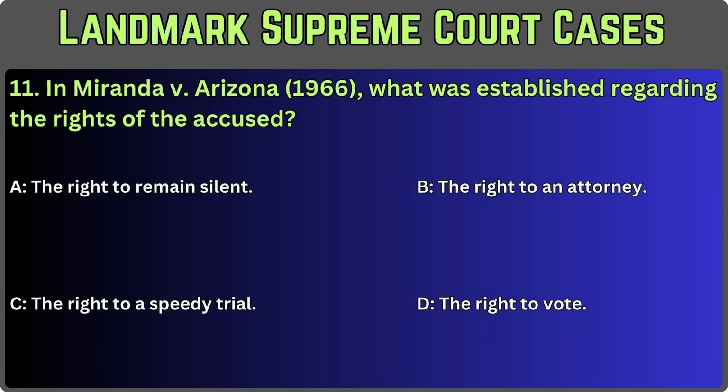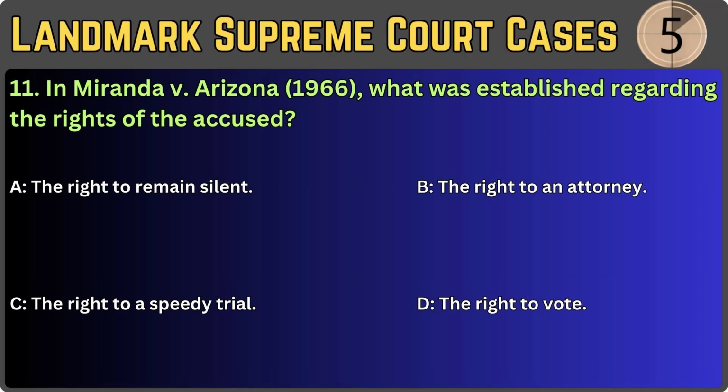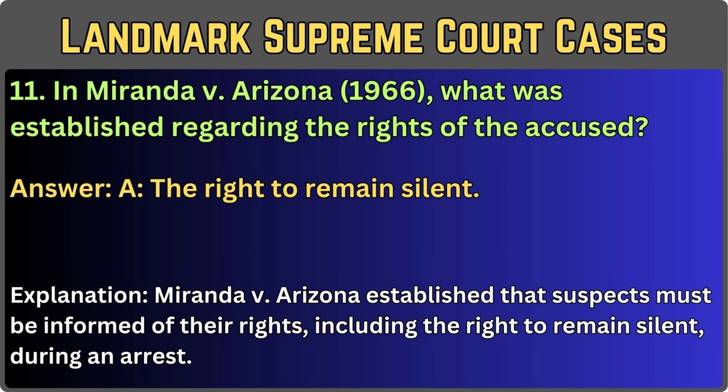11. In Miranda v. Arizona, 1966, what was established regarding the rights of the accused? A. The right to remain silent. B. The right to an attorney. C. The right to a speedy trial. D. The right to vote. Answer. A. The right to remain silent. Explanation. Miranda v. Arizona established that suspects must be informed of their rights, including the right to remain silent during